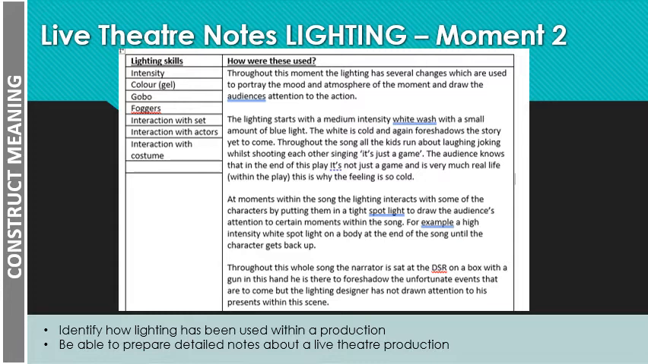So at the moments within the song, the lighting interacts with some of the characters by putting them in a tight spotlight to draw the audience's attention to certain moments within the song. For example, a high intensity white spotlight was used on the body at the end of the song until the character gets back up and shows that he's living. Throughout this whole song, the narrator is sat downstage right on a box with a gun in his hands. He is there to foreshadow the unfortunate events that are to come, but the lighting designer has not drawn attention to his presence